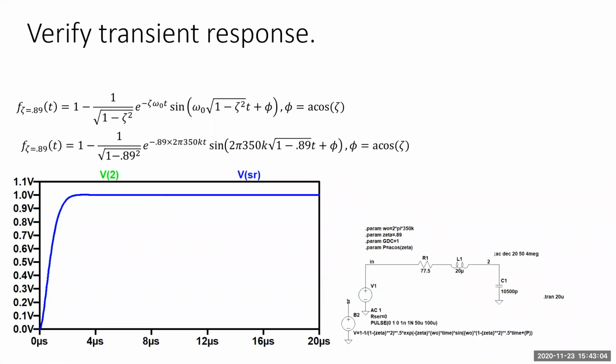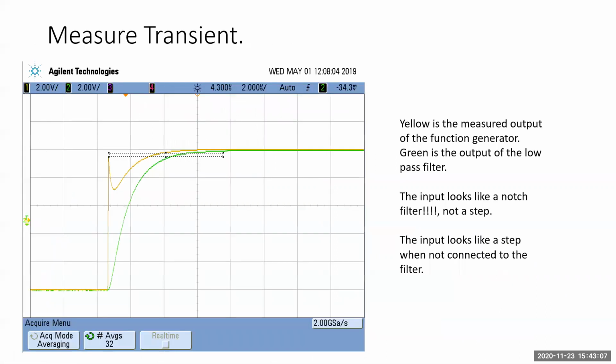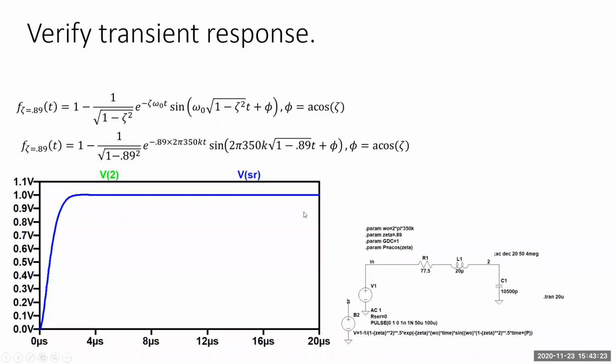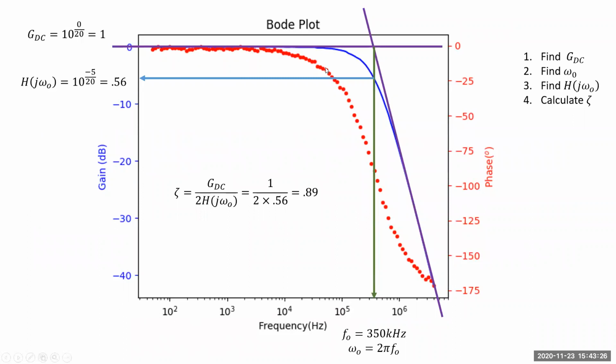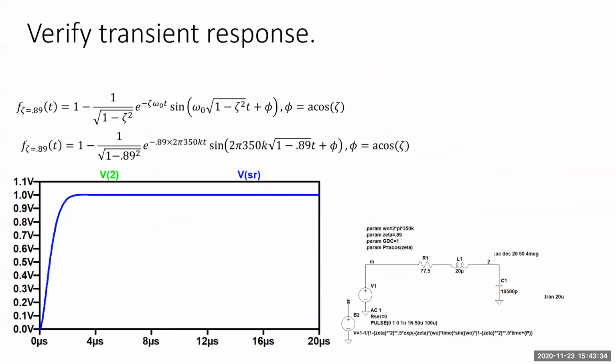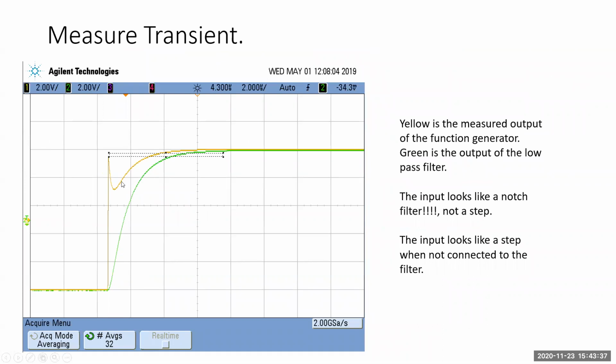So I'm thinking everything is working really well, right? Then I go to measure it. And maybe you guys already saw, you're just being polite. You didn't see the mistake I was making. But this is the output, the yellow, right? But here's my Bode plot. I mean, that's a low pass filter, right? Everybody can agree to that, right? But how is it possible that I'm getting a notch filter